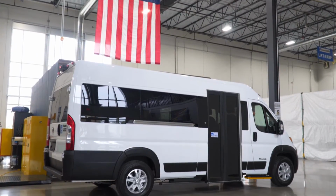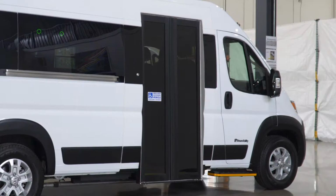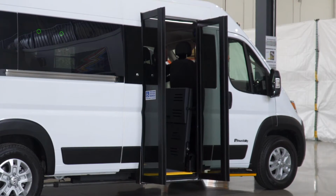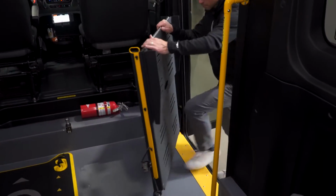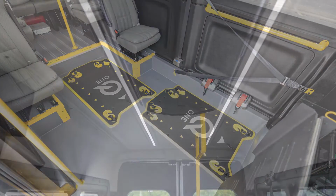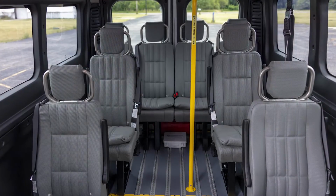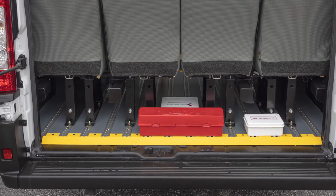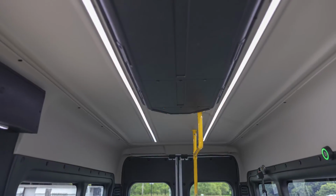Standard features of the Promaster, CompanionVan, Buy America, and ADA compliant conversion include lowered floor, side entry, long cut conversion with bus style doors, BraunAbility manual swingaway 32-inch wide ramp, ADA compliant Jur 4 flooring, insulated ABS interior ceilings and walls, new Freedman Go ES seating, safety kit including a first aid kit, fire extinguisher, triangles, LED strip lighting, driver